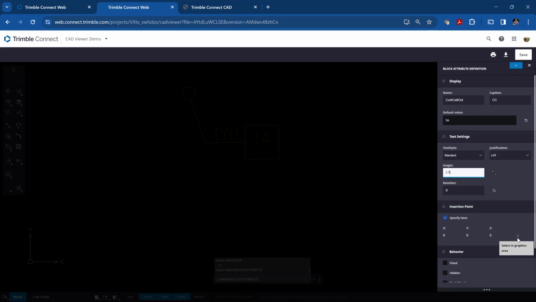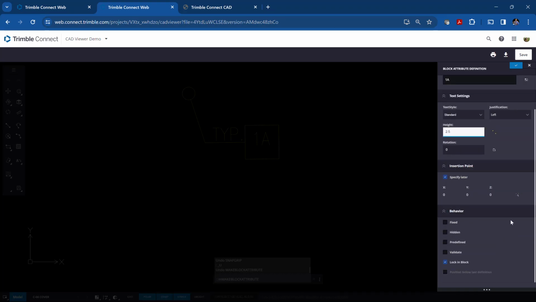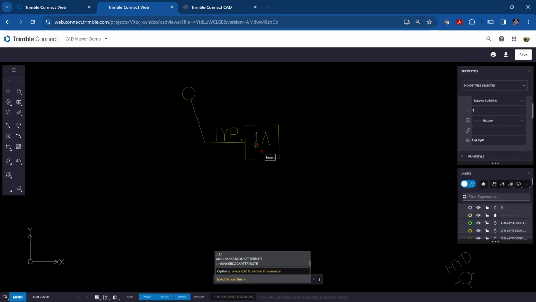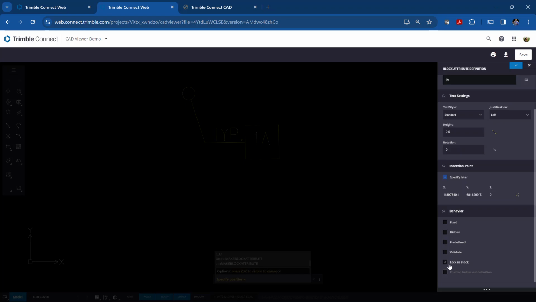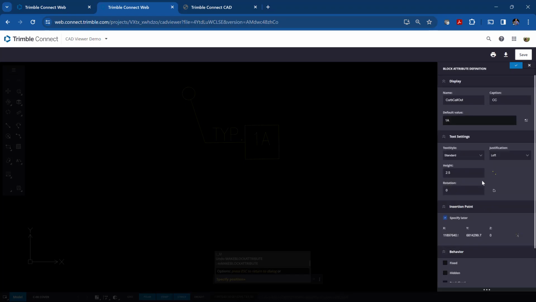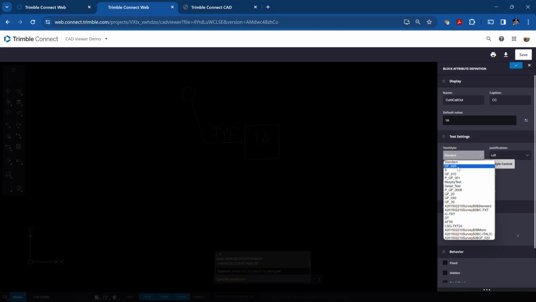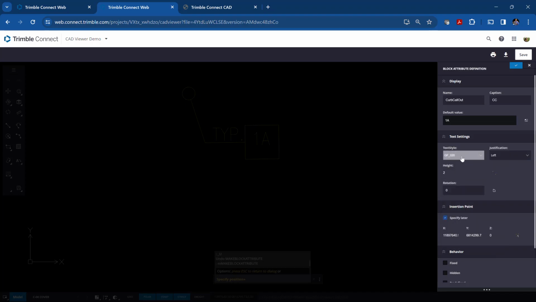And then we're going to pick the insertion point. So we uncheck this. We'll pick the insertion point where we want it to be, which is right here. Actually, let's specify later. Let's click on that. We want to keep it locked in the block, and I think everything else is set the way we want. So you really just have to set the height and the text style that you want. So if you want it to be this particular text style with a height, and then you hit the checkbox,